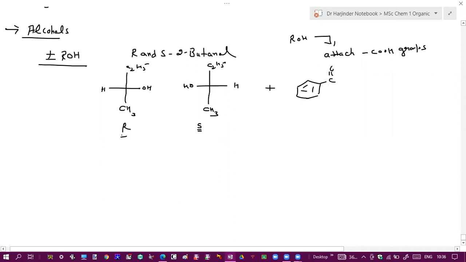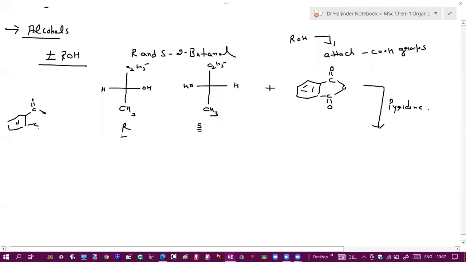So this is your phthalic anhydride. What will be the product when you treat it with phthalic anhydride? This alcohol of course will react with the phthalic anhydride. So what will be the first product formed over here? The RO negative will attack, on the carbon, sir. So there will be an attack on carbon.